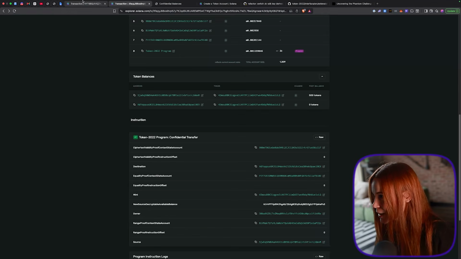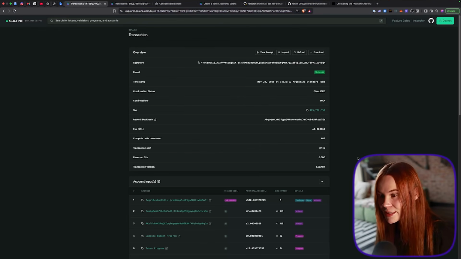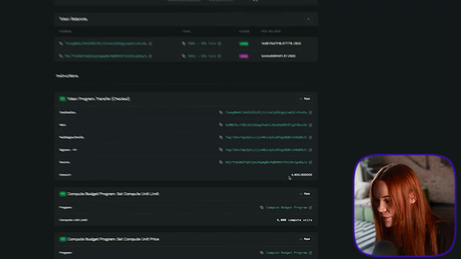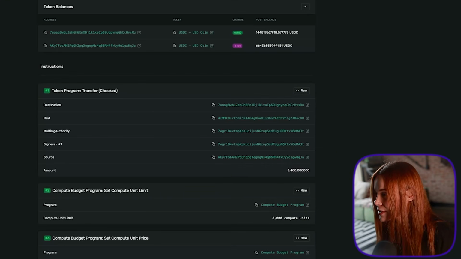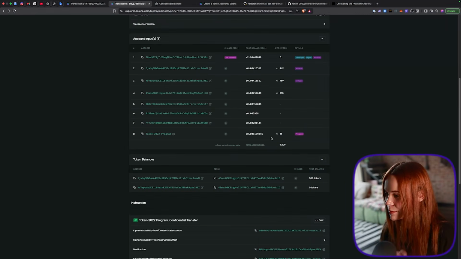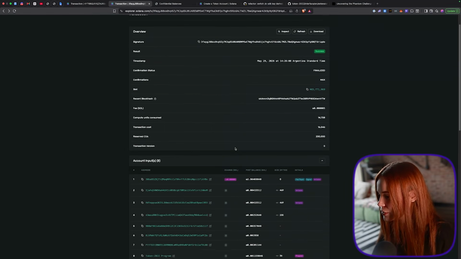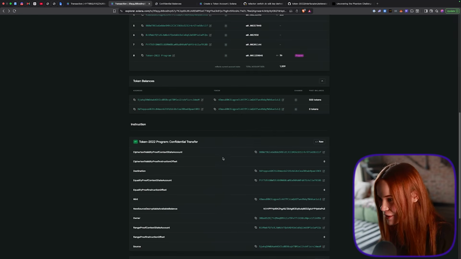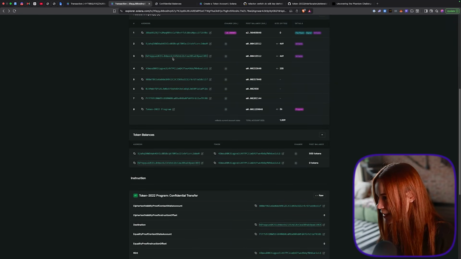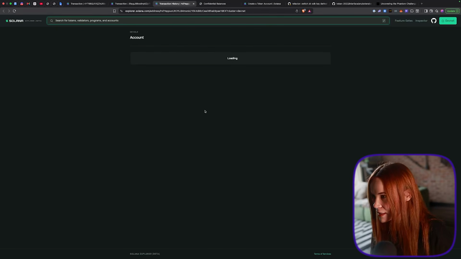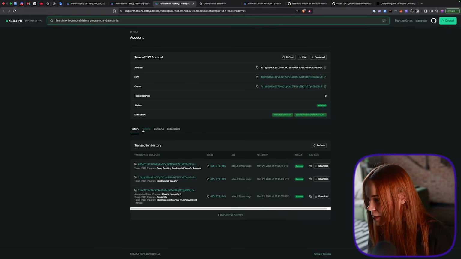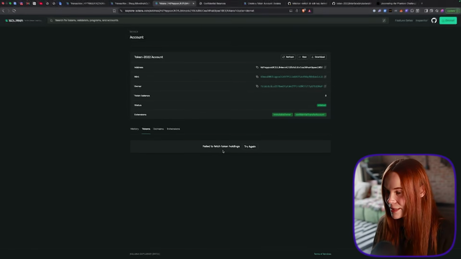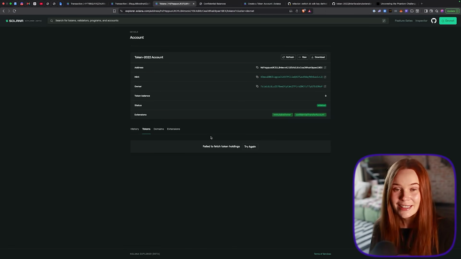So if I compare that, for example, to a regular USDC transfer, also on DevNet, and I scroll the whole way down, I can see that here we've got the amount of USDC that was transferred. You can also explore this a little bit more. Say I want to go into the receiver. Obviously this person received something. We can see that there was a transfer. But if I go into this person's account and I head into their tokens, I can't see anything. This is completely private. We just sent a confidential transfer to this person and they have it sitting in their